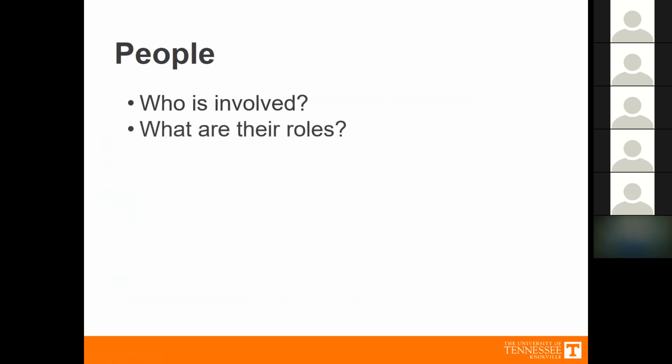Moving to the next section, the section that talks about people, you want to talk about who is involved in your research project. This is everyone from the PI to any graduate students, and who else might be involved, a data manager in particular. You want to spell out what their roles are going to be. You'll mention so-and-so is the PI, so-and-so is the data manager, so-and-so is